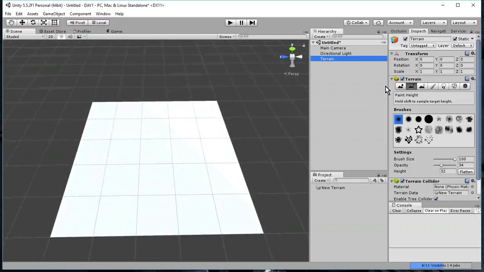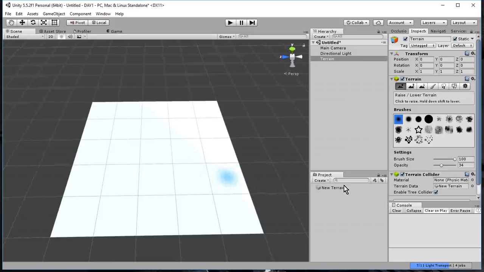Okay, with terrain selected, I'm going to pick this first button over here with the mountains. And now I have all these different brushes I could choose from. I leave it on the first brush. And then as I go back here into the scene window, I have this little blue cursor. I could draw with the blue cursor some hills. Just if I hold the mouse button down or I click, it raises up the terrain and I could make